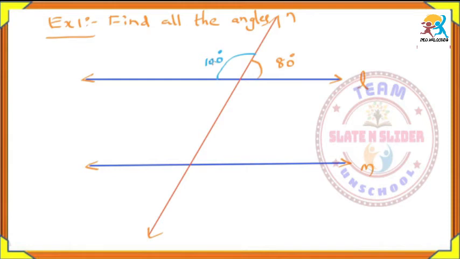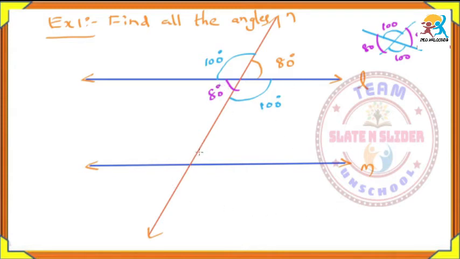Next, if it is 100, then definitely we can say that this is also 100. How can I say this? Because if two lines are intersecting, then vertically opposite angles are equal. Suppose this is one line, this is another line. If two lines are intersecting, then definitely these two angles are equal every time. You can measure. Suppose if it is 100, it is also 100. If it is 80, then it is also 80. Then how to find the next angle?